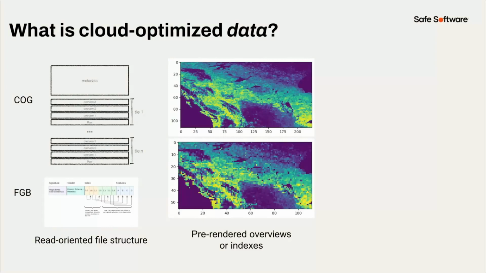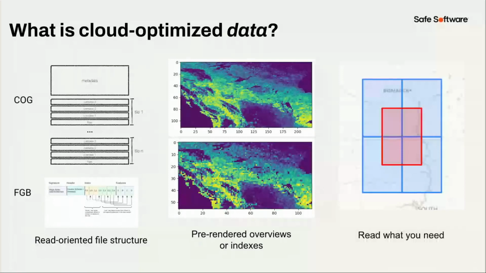And then with the COG, this is an example of pre-rendered overviews or indexes. So you can preview the data if you're not using one of those great tools that Chris showed, which I'd recommend with COGs. But if you are working on your personal computer or viewing it beforehand and you don't want to load the whole data set just to view it, in COGs there are built-in overviews. And so as you zoom in, the overviews change and become clearer, and you're not taking all of that detailed data all at once.